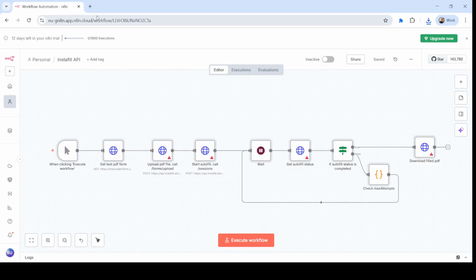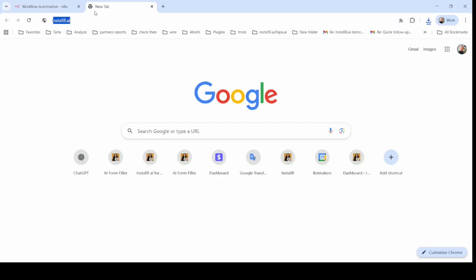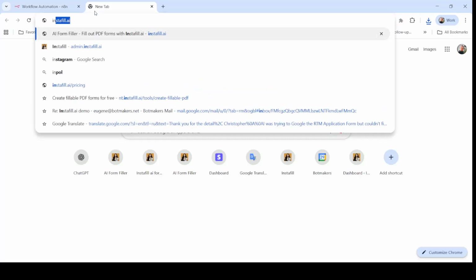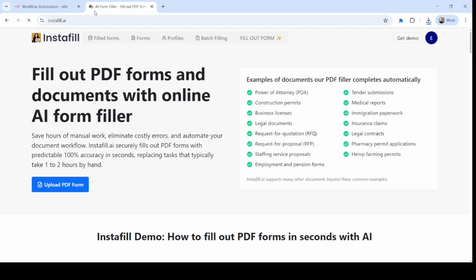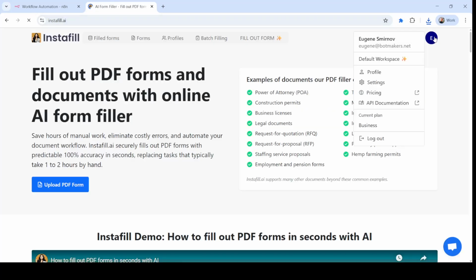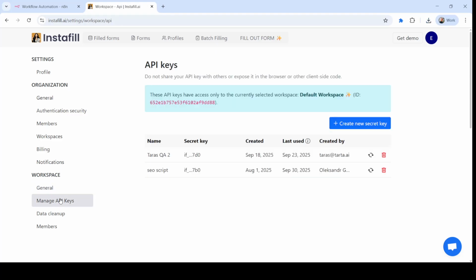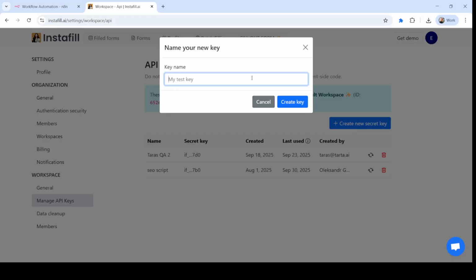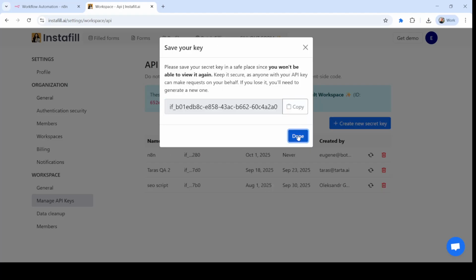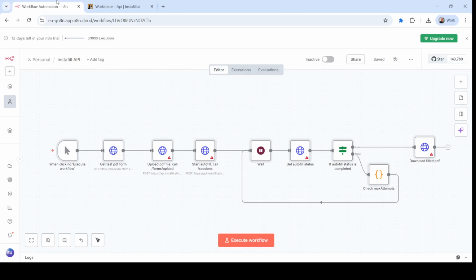So the next step, we go to Instafill, go to Instafill settings, and here in the workspace section we choose manage API keys, create new secret key. Let's give it a name n8n, and once the key is created we can copy it and now go back